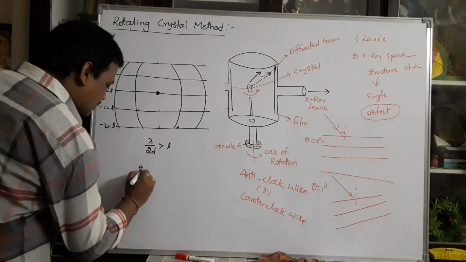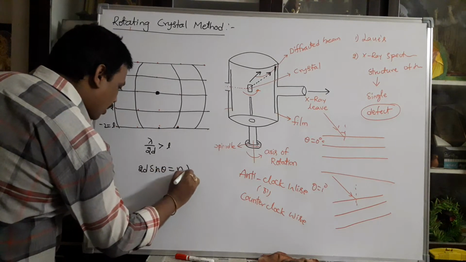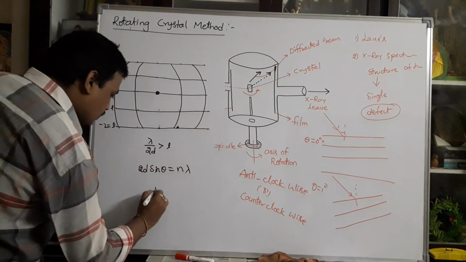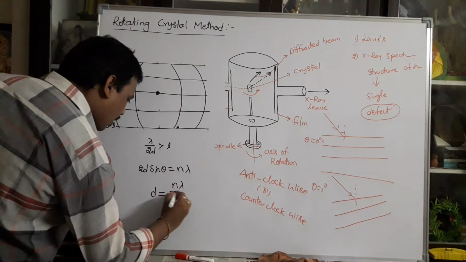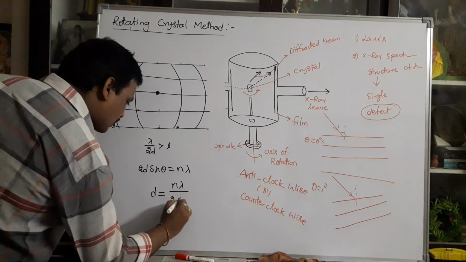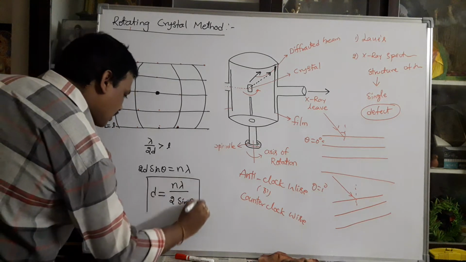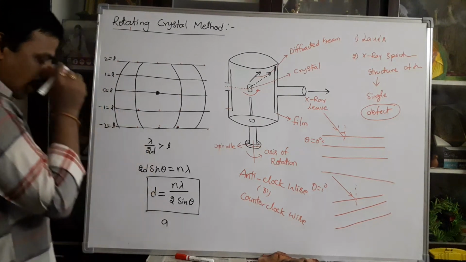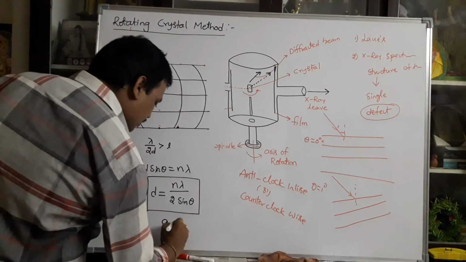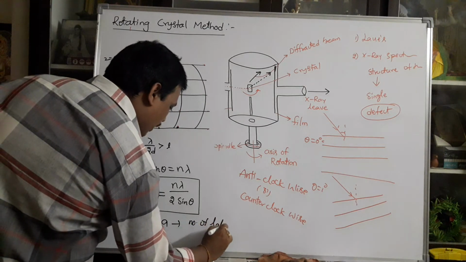Nothing but Bragg's relation: 2D sin theta is equal to L lambda. This experiment is used to determine the D value. D is equal to L lambda by 2 sin theta. Once D is calculated, you can calculate the A value. After calculation of A, you can determine the number of lattice points